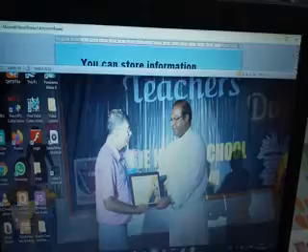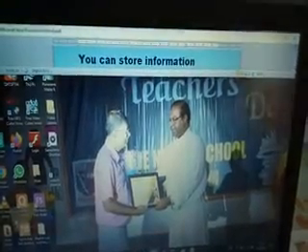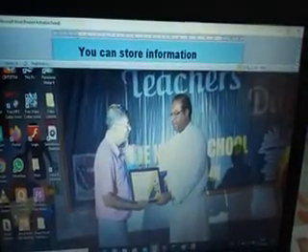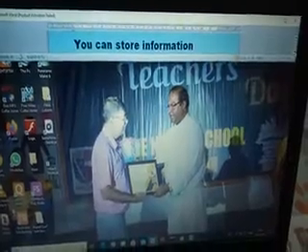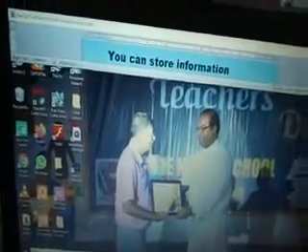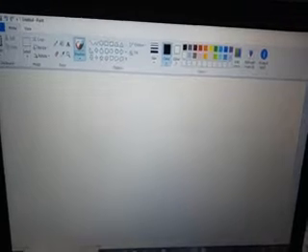The next thing we can do is you can store information. What do you mean by you can store information? I can show you that example of drawing. Now, where is that circle? Where is that face? We don't see that face anymore? That's right. Normally, when you draw something or when you write something, it doesn't stay. But if I want, I can keep it for the future. We save, yes, saving it.